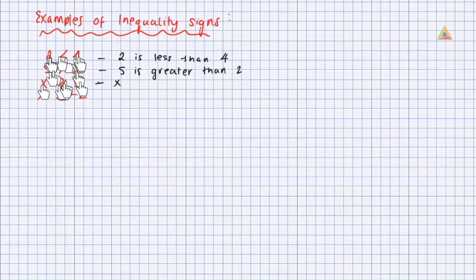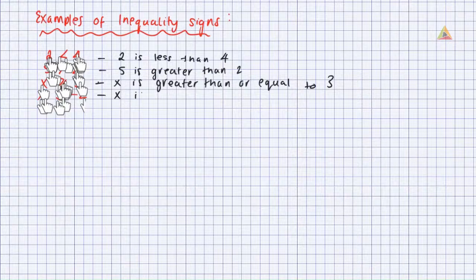So x is greater than or equal to 3. So you always make sure to look at it properly. If there's an equal sign underneath, that means it's greater than or equal to. Now, this one here, x is less than or equal to minus 2, because the narrow side is facing the x. So let's write that down. So x is less than or equal